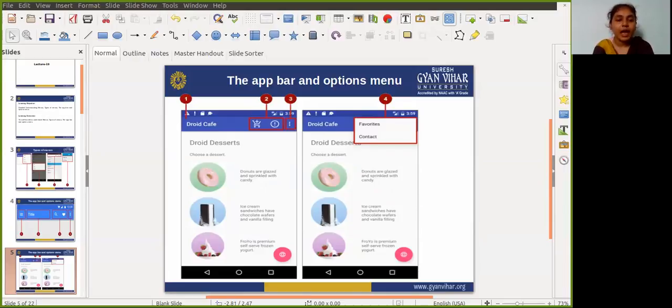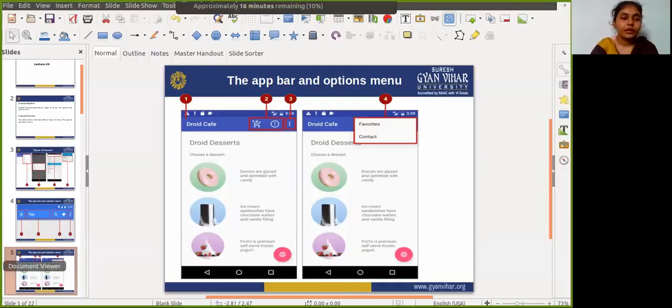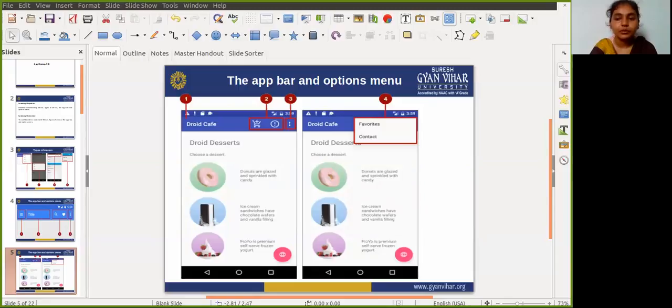After that, add the app bar layout and toolbar to the layouts. So add code to the activity to set up the app bar. Next is adding the support libraries. So if you start an app project with the basic activity template, the template adds the following support libraries for you, and you can skip this step. If you are not using the basic activity template, add the appcompat support library for the toolbar class and